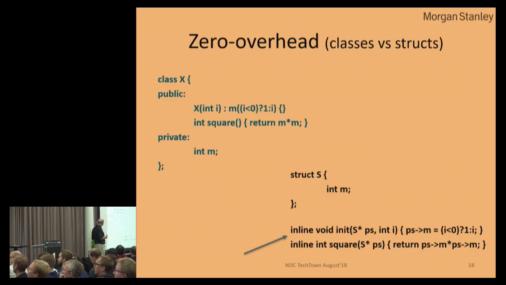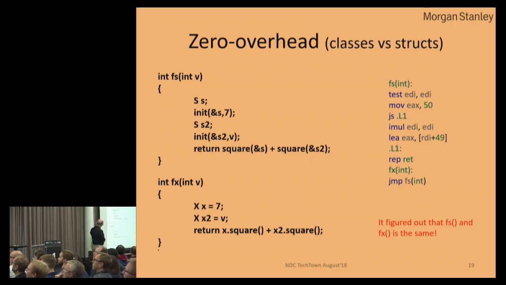We have the smallest class I could think of. It has a constructor that does a check and stores a value, and it has an operation that does something. In this case, it squares the value. And we can do that in C++, in blue, and in C, you have a struct instead, and you have 2 access functions. Now, of course, they're both C++, so it's a matter of style, but the C proponents will go for the low level. So let's look at what the difference is.